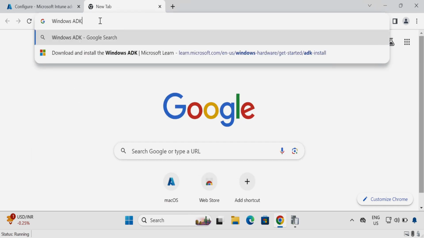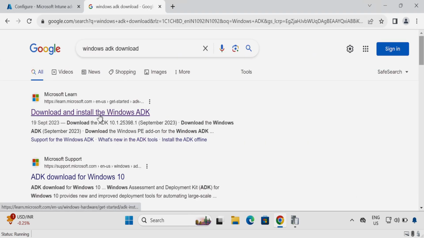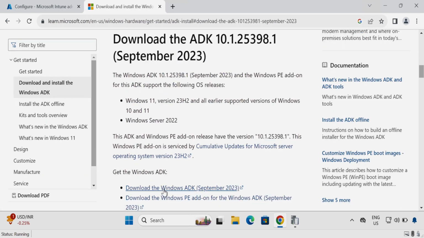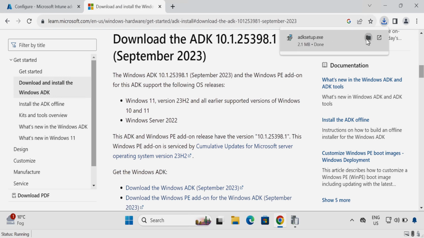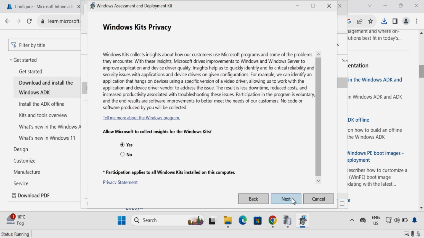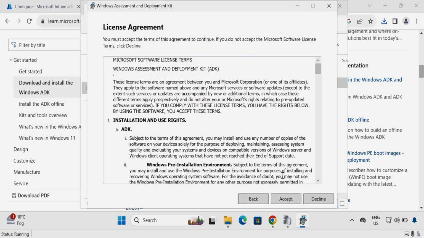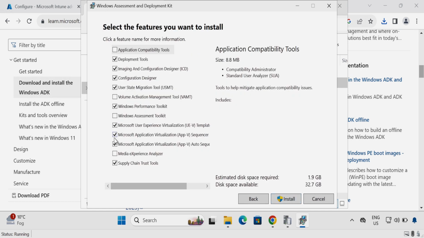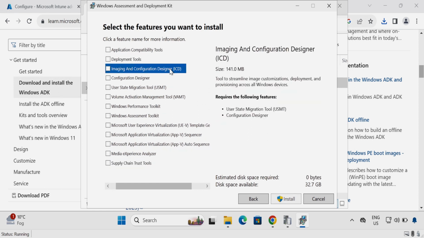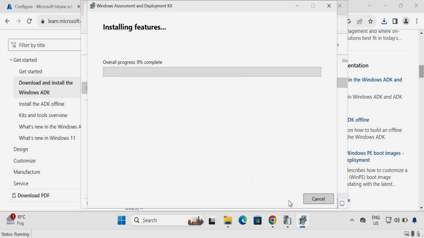Windows ADK, and then select the very first option, download and install the Windows ADK. Start downloading the Windows ADK, and then click on download Windows ADK. Now it's done. We have to go to the folder and now start installing the Windows ADK, and then click on next, and then click on next, and now accept the license agreement and uncheck all the options. So we are only interested in Imaging and Configuration Designer. Just click on this, and then it's automatically selecting the other two options. So, and then click on install,